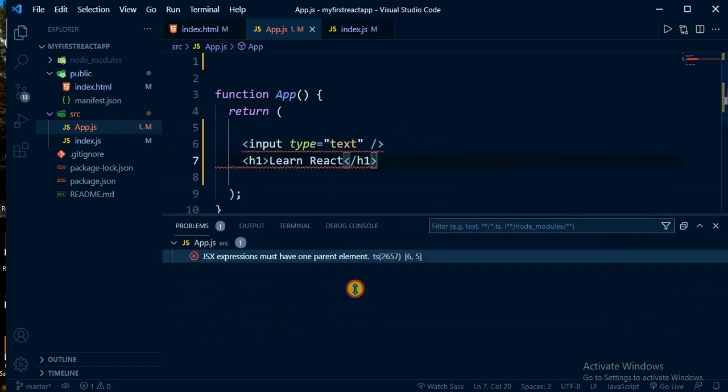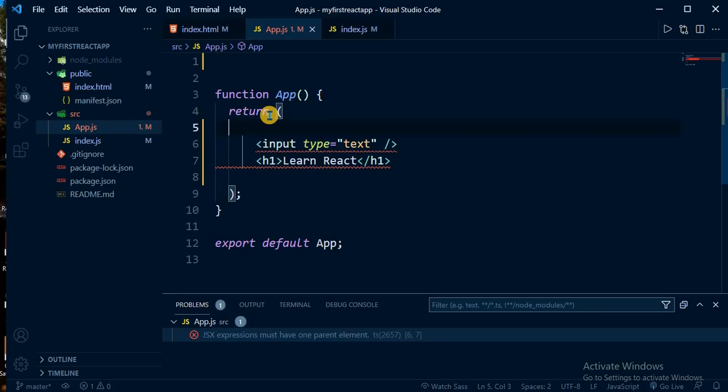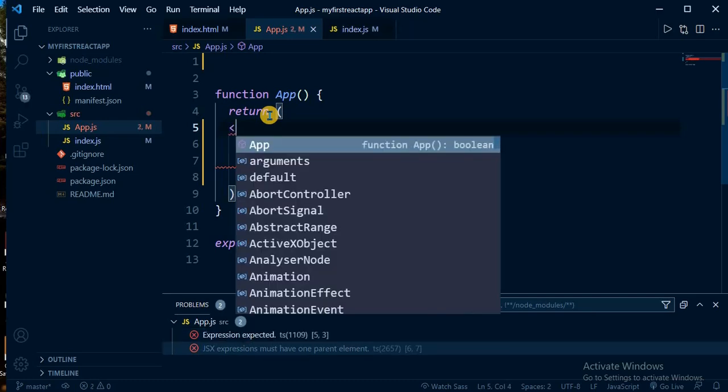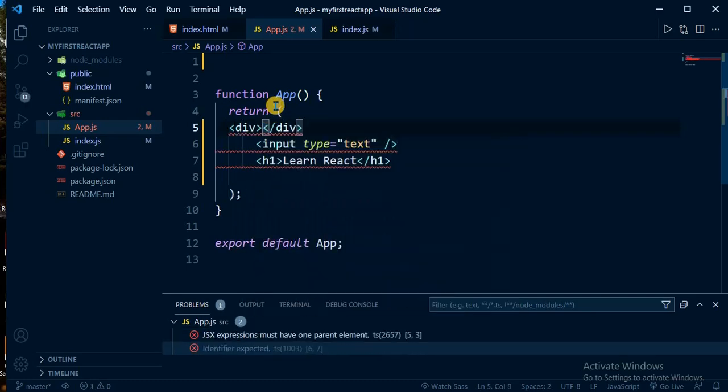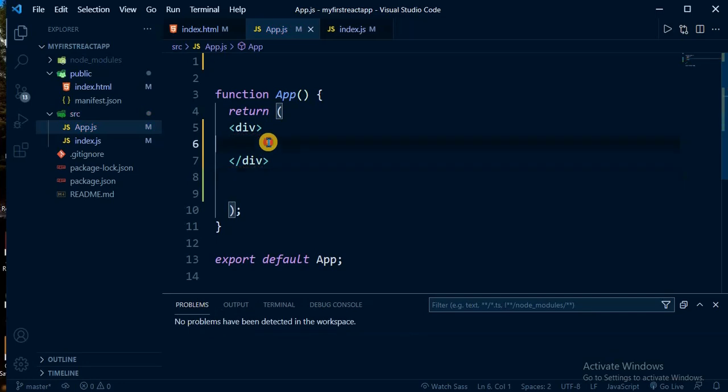That means we are using all these JSX expressions, but we don't have any parent element wrapping them. So what is the solution? We'll be using one div, and inside this div we will shift this code. Now you should see the red marks gone.